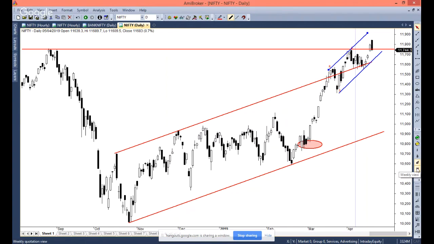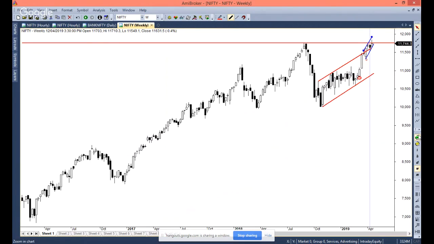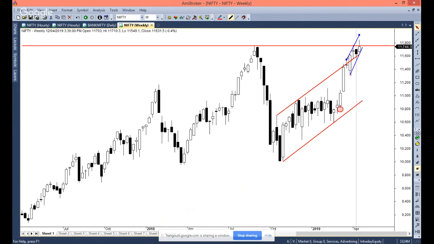The other thing you can look at is the weekly chart. If you look at a weekly chart of Nifty, we can see that from the lows which were formed at the level of 10,800, there is not a single weekly close which has happened below the low of prior weeks. So if you look at the entire movement, there has been a break of the prior week's low, but there is not a single close. So unless and until we see a close below the prior week's low, this indicates that the market continues to be in a buy on dips scenario.